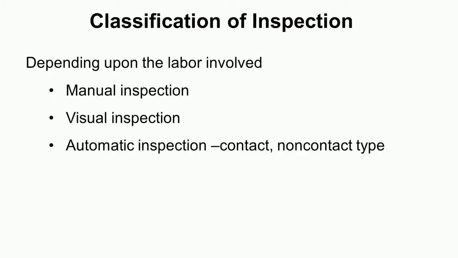The third type of inspection is automatic inspection. This can be contact type inspection or non-contact type inspection. In this process the intervention of the operator is not there. After the production of the component, it is cleaned and then it is placed on the measuring machine, for example